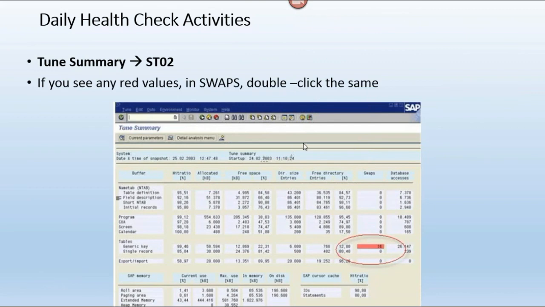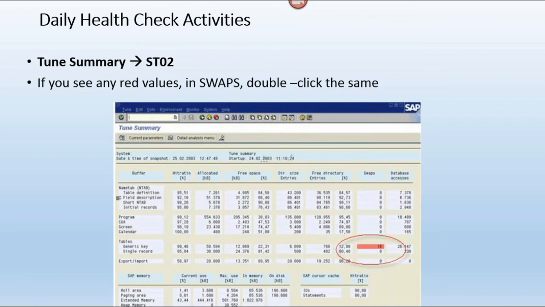These are temporary. Whenever you restart the system, due to any reason, all the swaps will become 0 again.